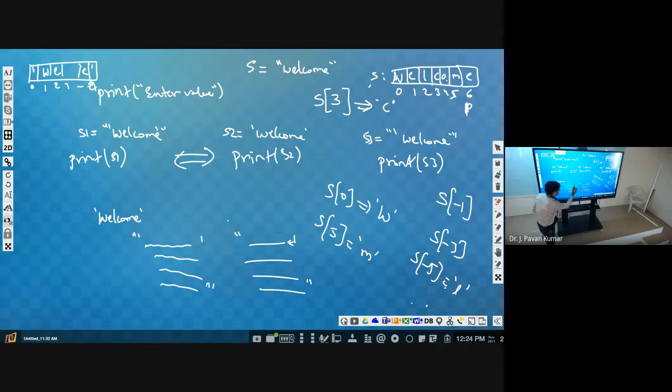What is this symbol? Enter, that is the new line character. Even if you have it, it will consider the string as not yet completed. It will consider this also as part of the string until it receives triple quotes.